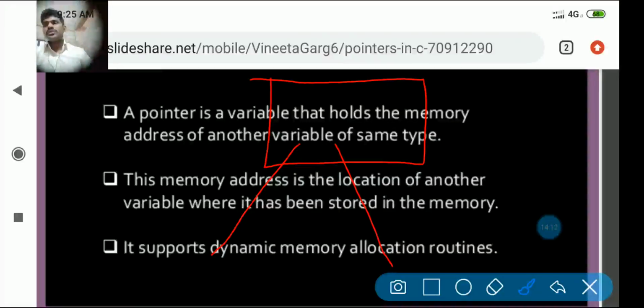How the blackboard is stored in room A, the same way the value 5 is stored in memory location C. C is the name of that memory location. In that location, what is the value? 5 is the value.